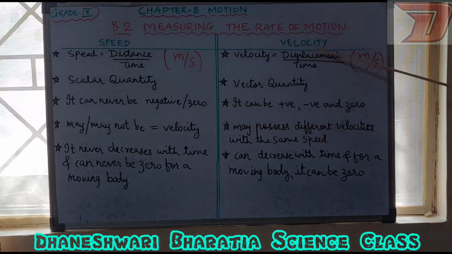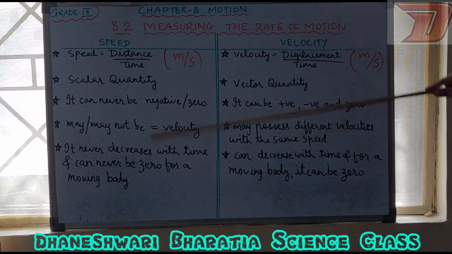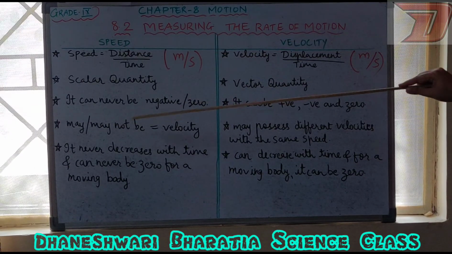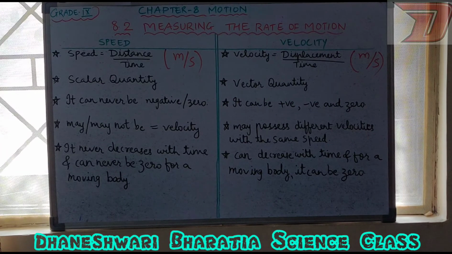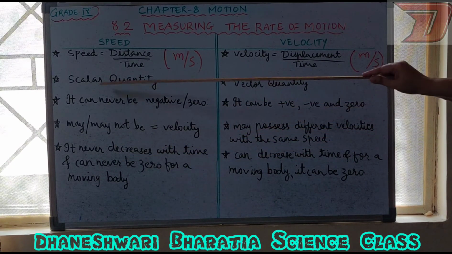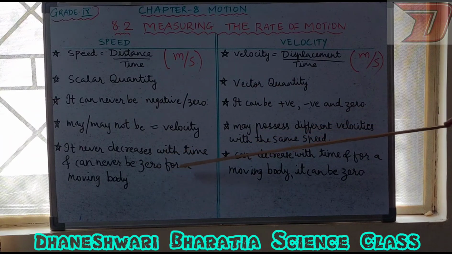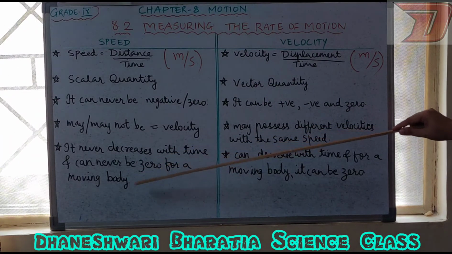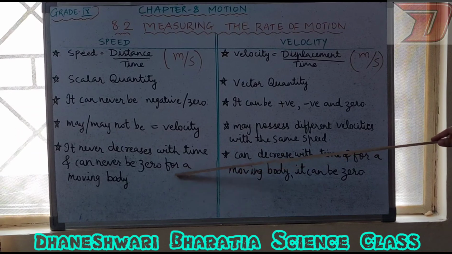But we know that displacement is involved in velocity, so the velocity can be positive, negative, and it can be zero too, right? In case of speed, speed may or may not be equal to velocity, but the velocities can be different with the same speed. Fine. The last point: the speed will never decrease with time and it can never be zero for a moving